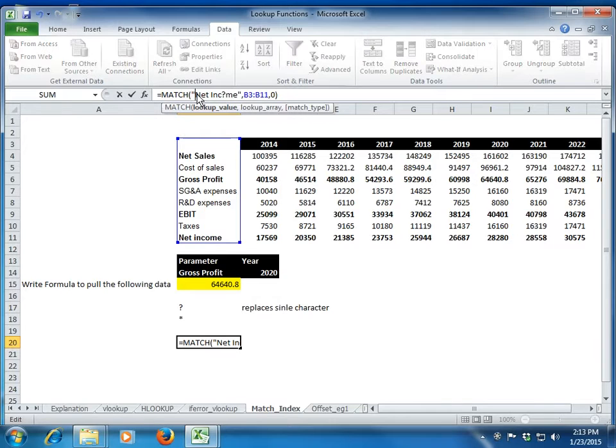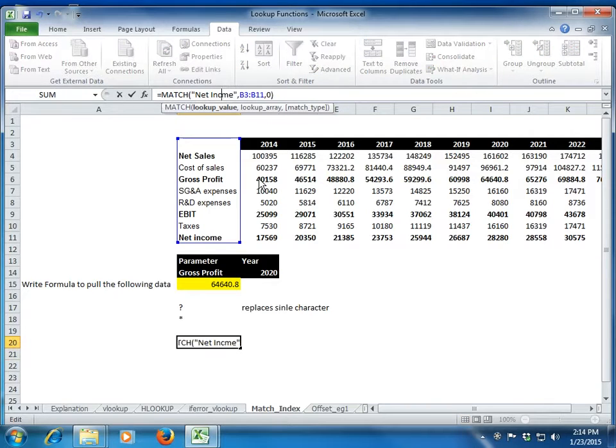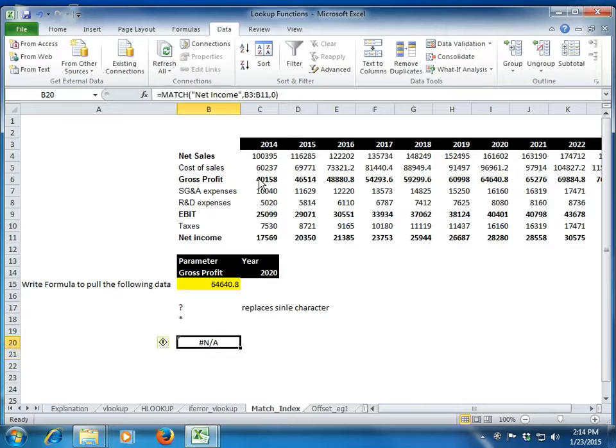So net income, this is my lookup value, B3 to B11. Let me first check whether this is just not working. Why is it not working? What error am I making here?